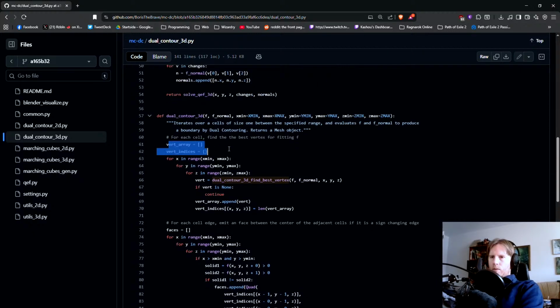Dual contour, vert array, vert indices. For x in range, find best vertex. Like he does this first here. This is where I'm a little bit